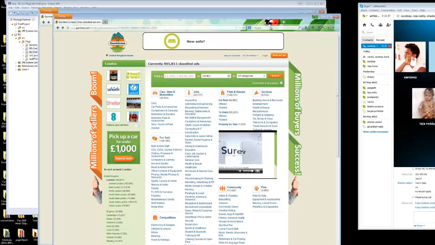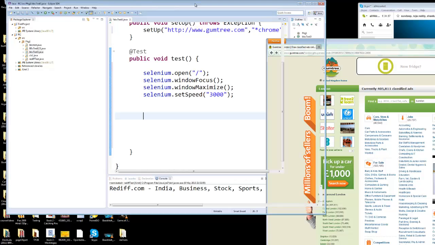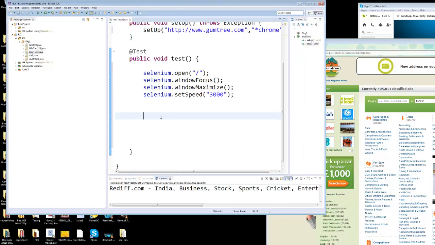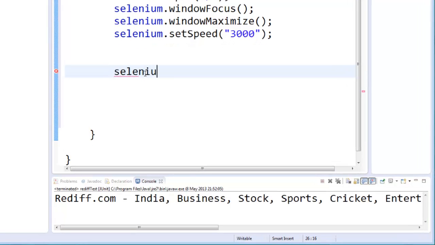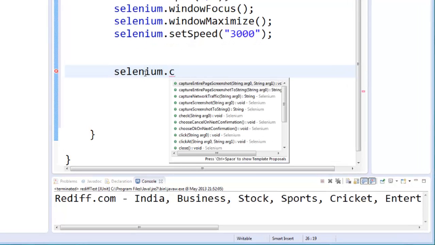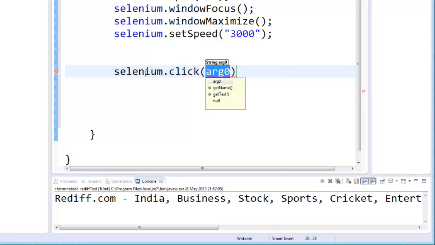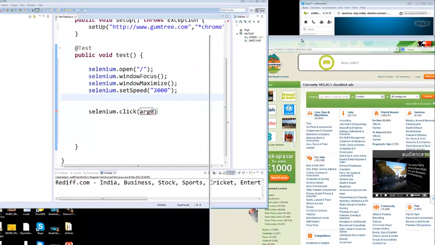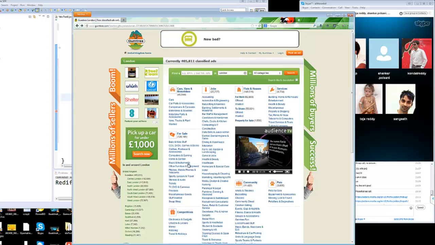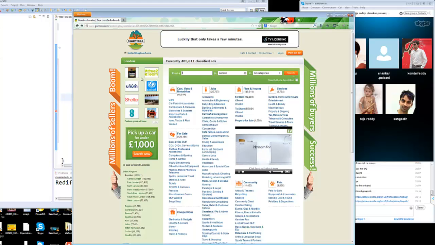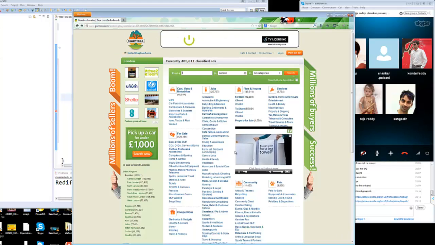Okay. Find element is in WebDriver. In RC it is selenium dot click, and it will accept one parameter called locator. We have different kinds of locators. So this is called an element. Anything in a page, we call all these elements. These are all HTML elements. These are links, these are input boxes, these are buttons, these are images. All these are elements. There are several elements in HTML.